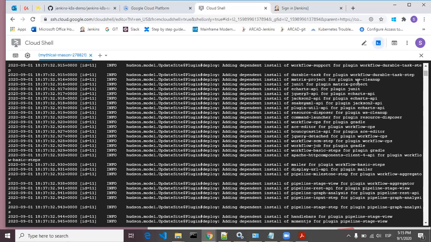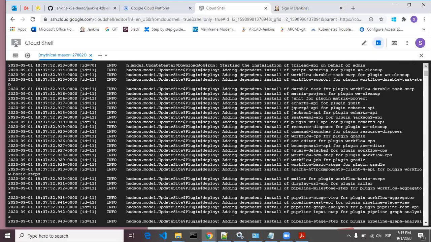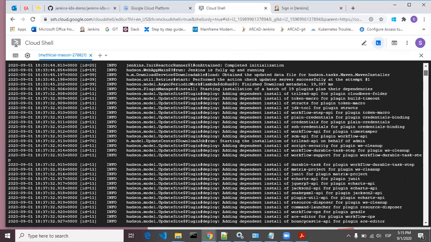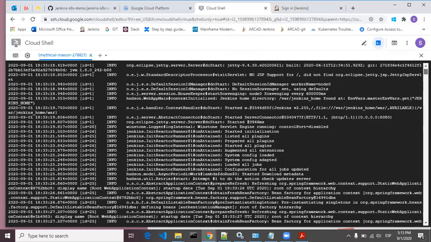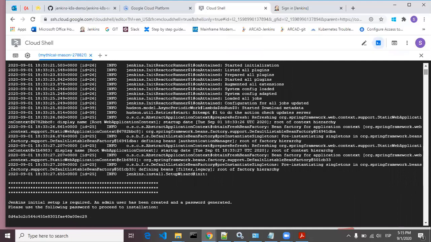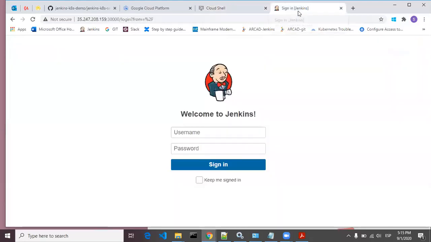Yeah, this one. Please use the following password to proceed to the installation. You have to copy this password and then proceed with your installation steps.